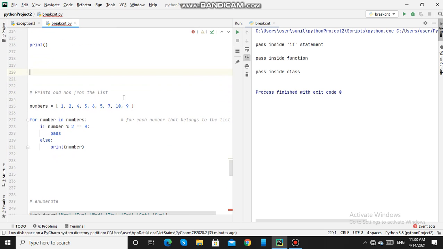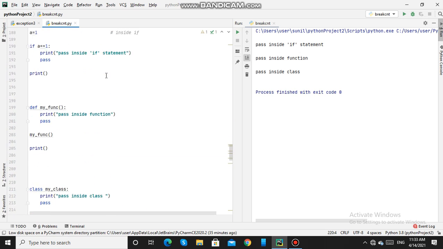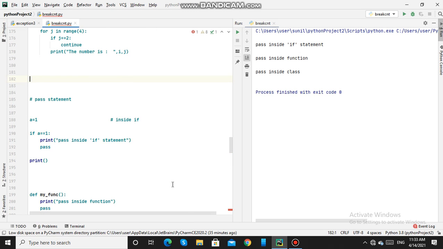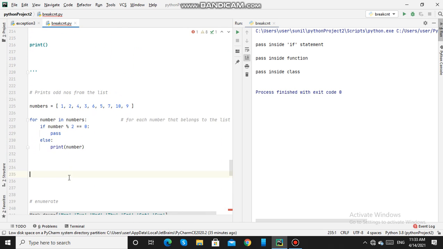Now we will see the pass statement inside the for loop. So here I have a list of numbers. It is a mixture of even and odd numbers. In this for loop, for number in numbers, that means for each element in the list, if the number modulus 2 equals 0, that means it is checking whether it is an even number, then it will pass.